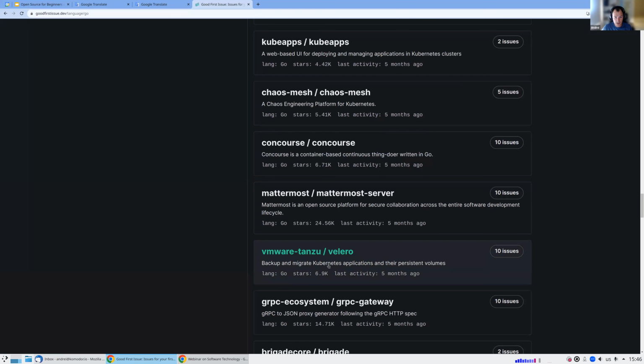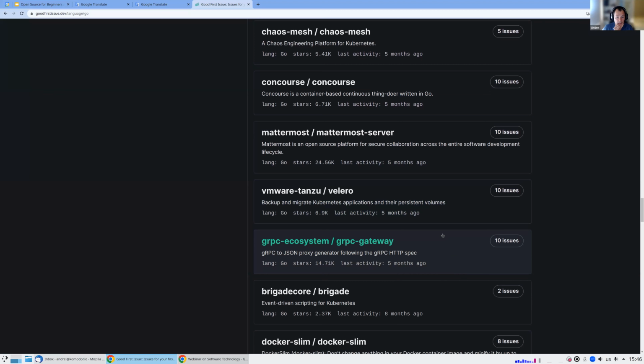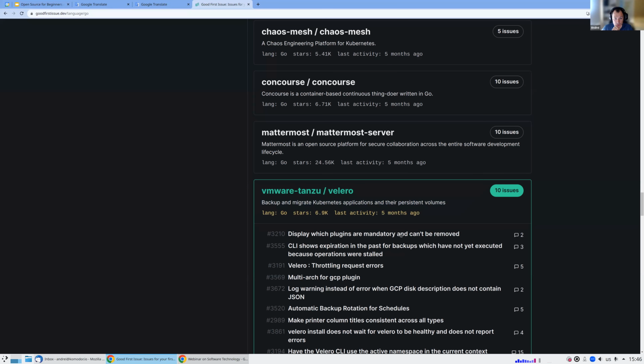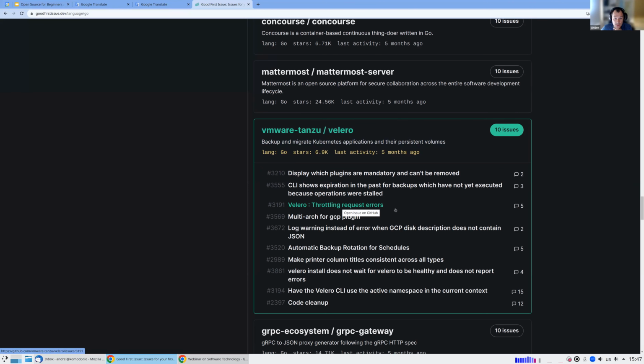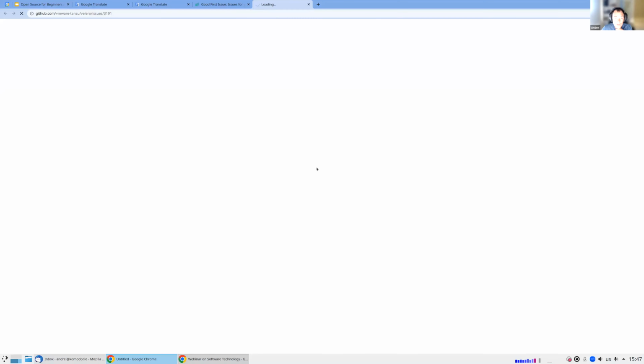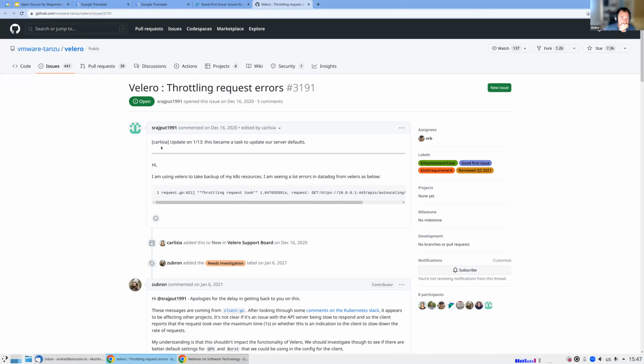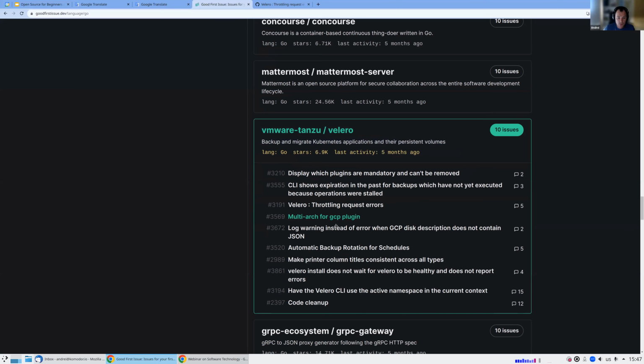Backup and migrate Kubernetes applications and their persistent volumes. This is actually, I like that. And they have 10 issues. Display which plugins are mandatory and can't be removed. Throttling request errors. I'll probably open that and read the context of it. Update on server defaults, that's not really interesting.